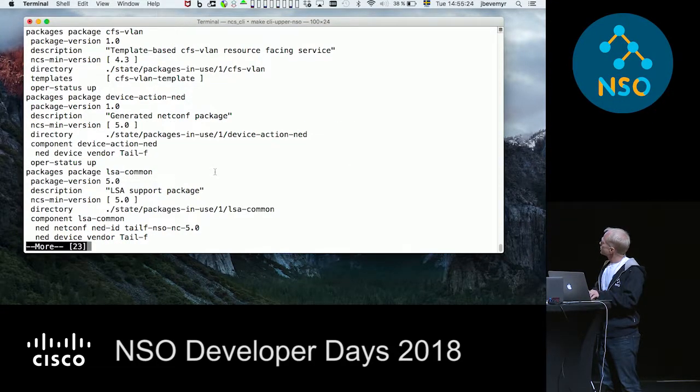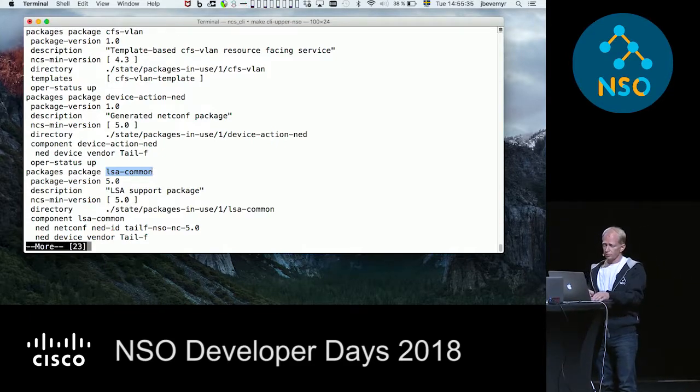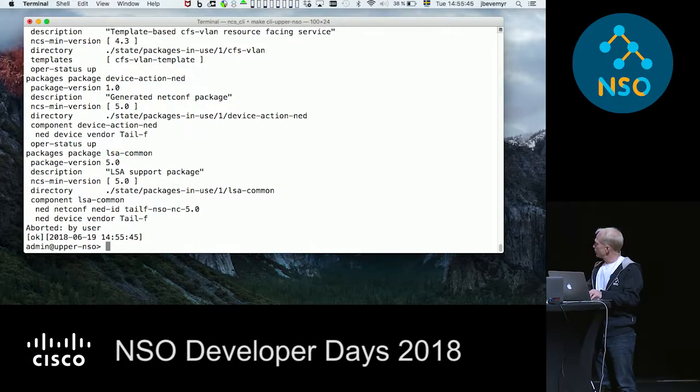What all this comes from is a package called LSA Common. As part of the CDM build, we now have an option for creating an LSA Common package that will include the data models and the proper NED IDs for managing the lower LSA nodes. And now we can do things like